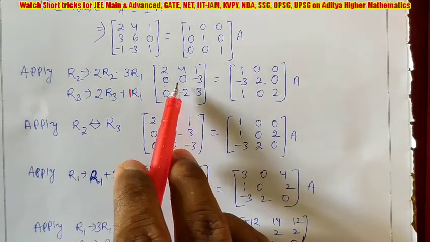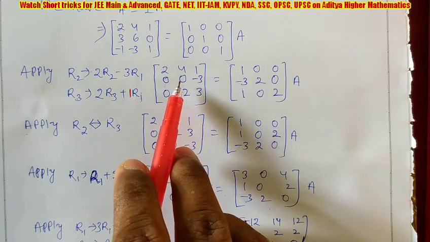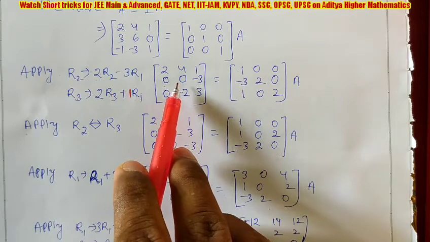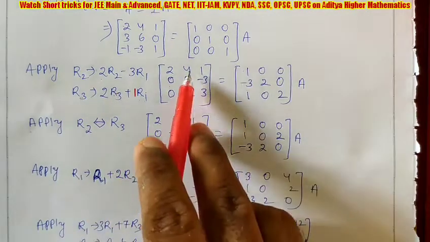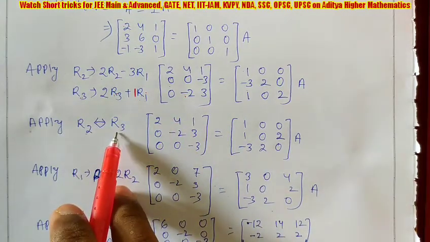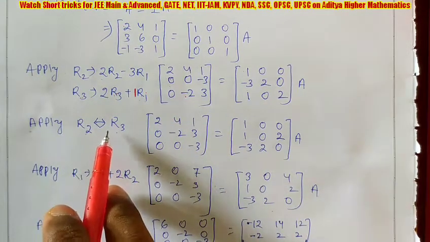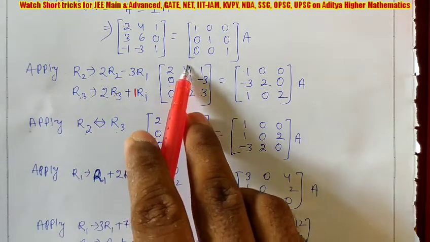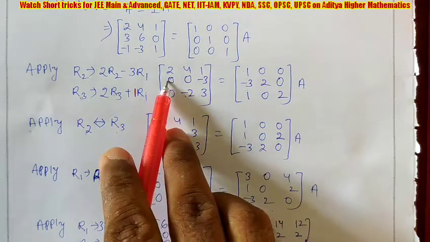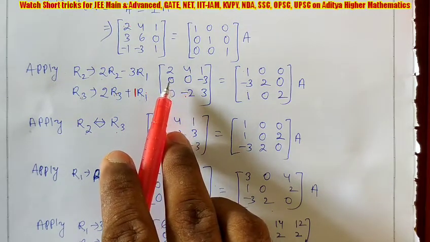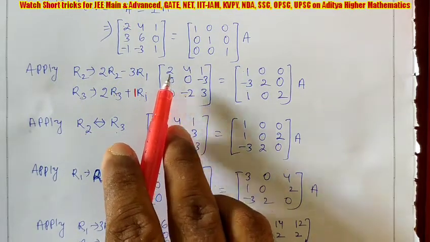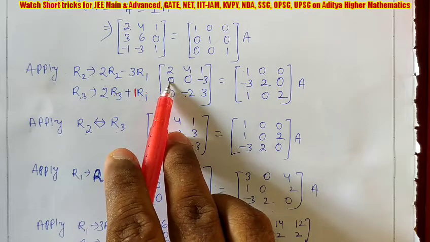So first, before making 0, you have to make this element non-zero. Understood? And how will you make it non-zero? Just by interchanging R2 with one of the other two rows, which are R1 and R3. So apply R2 interchange R3 only, because if you interchange R1 and R2, then you will get this element 2. But we need 1, 0 here, and we have already made this element 0. Again if we made it 2, then again we will face a problem.